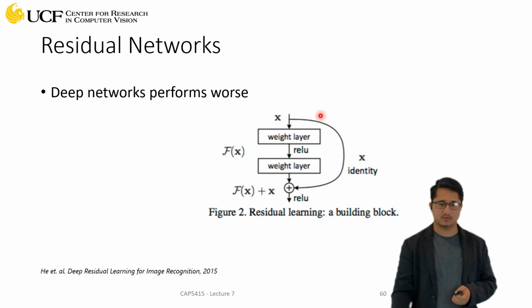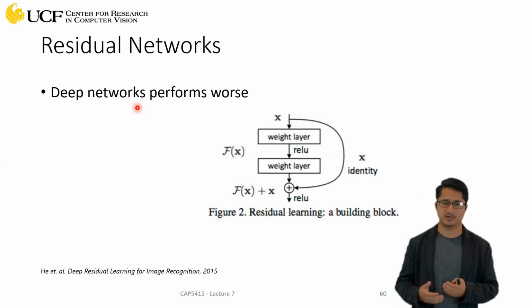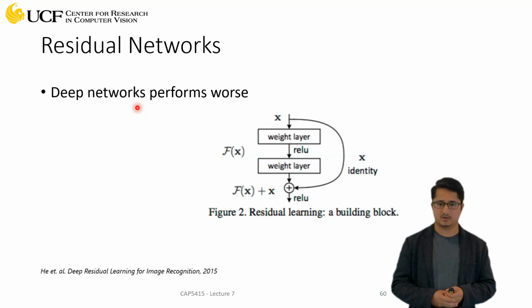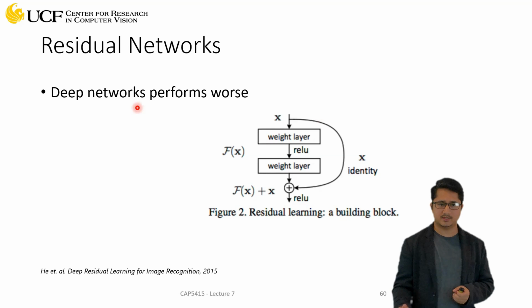Okay, so that's the issue with deep networks, and one of the reasons why it's very hard to train when you have very, very deep networks. Okay, so that issue is called vanishing gradient. As you move to the initial layers, your gradient is actually vanishing, or you can say gradient explosion. Now, to resolve that issue,